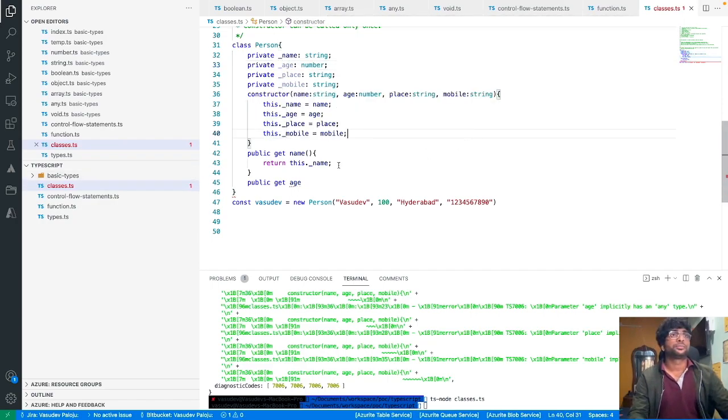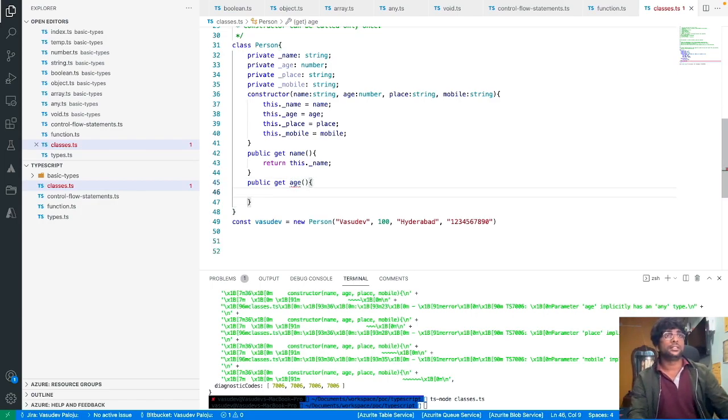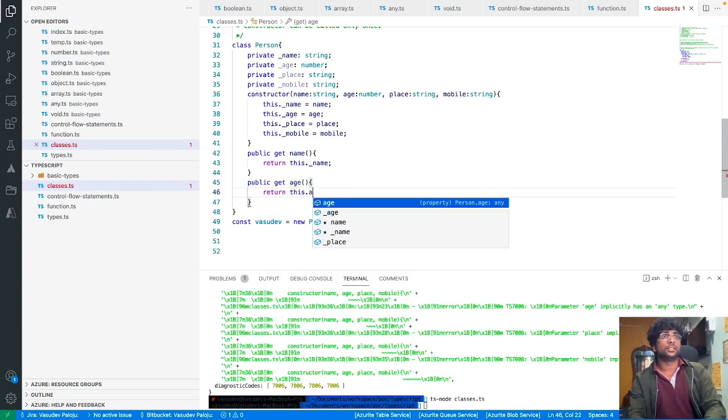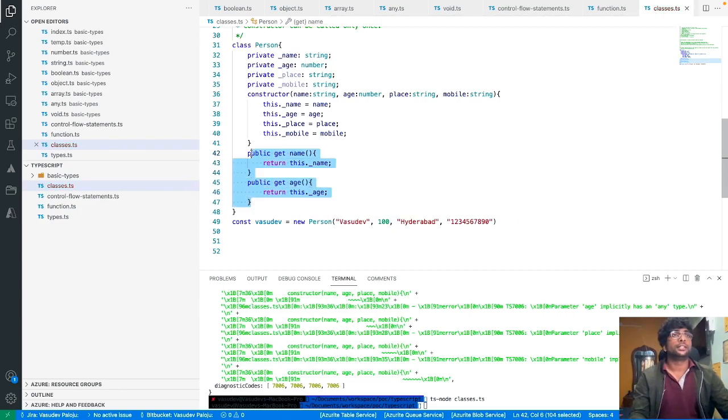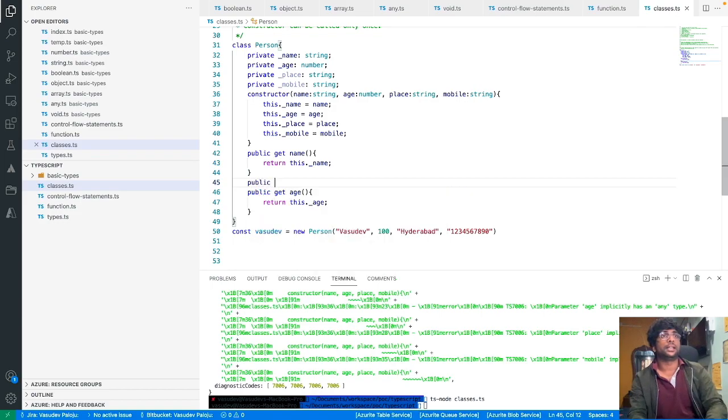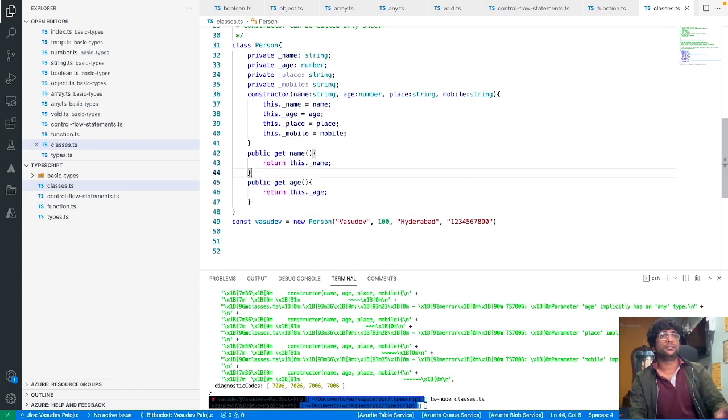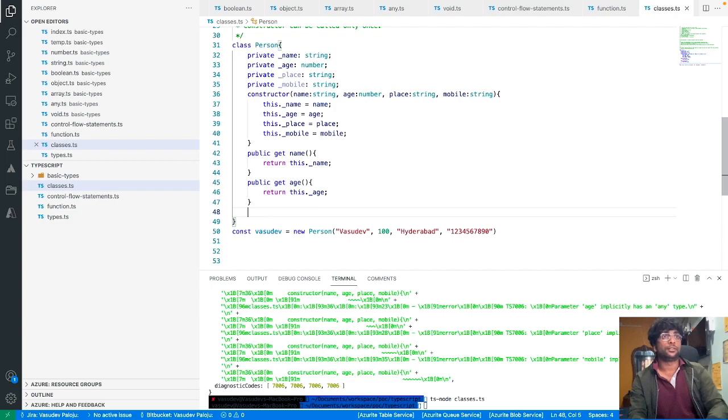Yes, and public age, return this dot age. So this is how you define functions to access your private data. Those are called getters. And sometimes if you want to change the data, let's say my birthday has come and I have to increase